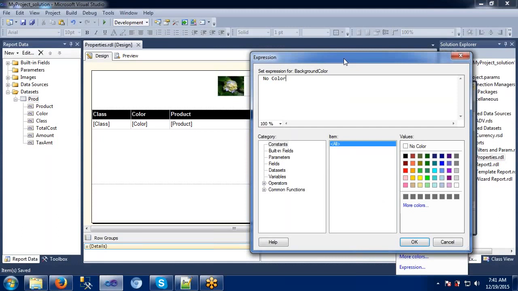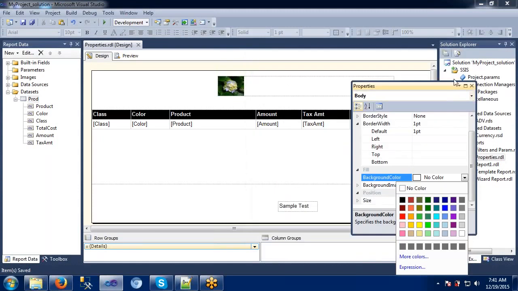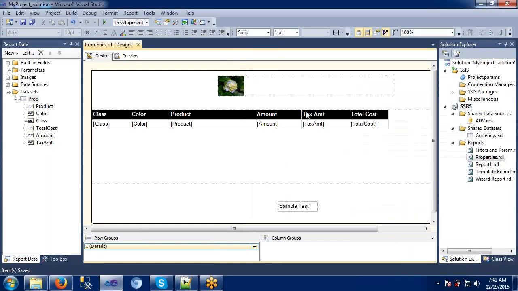Wherever you open this expression window, the list on the left-hand side and the boxes which are showing are common. That means expressions are common wherever you click any expression. That's why I opened these expressions at different places, and I just want to start from one place so that you can use it from anywhere.